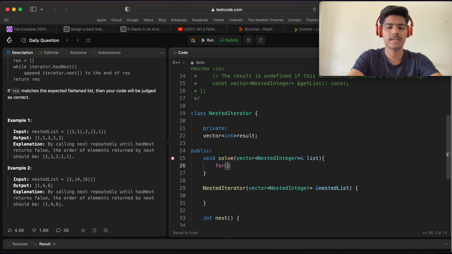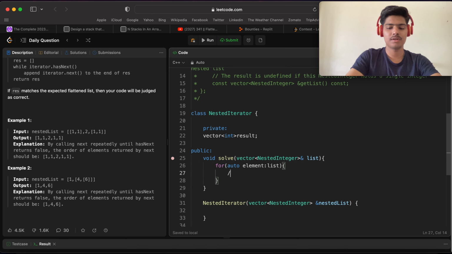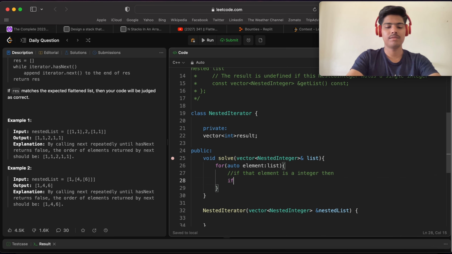So we can iterate like this: for auto element belongs to list, and if that element is an integer, then what will we do? If element dot is integer,